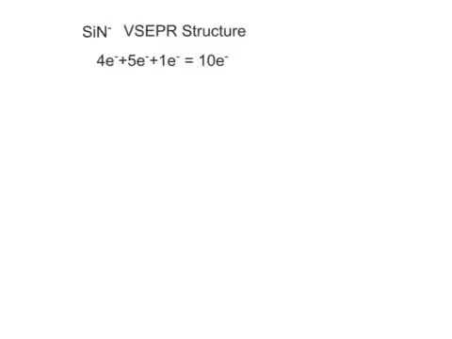Okay, so here we have SiN minus, and we want to draw the VSEPR structure for this. In this case, the VSEPR structure is going to be almost exactly the same as the Lewis dot structure. We're just going to show the angle. So we're going to start by taking silicon,